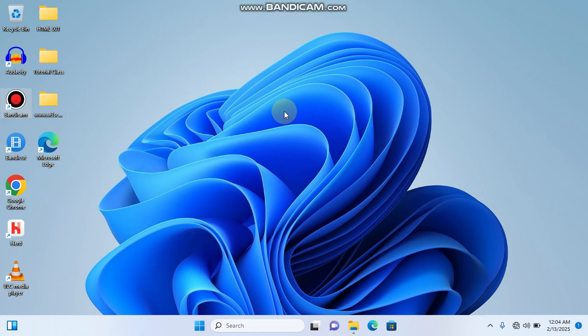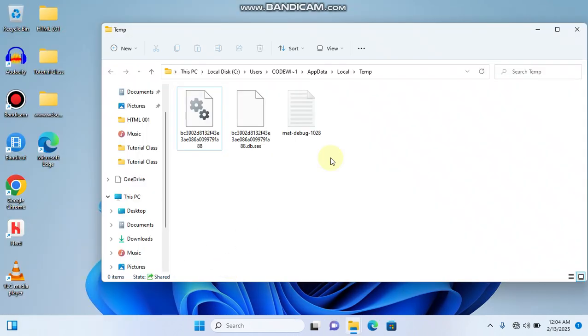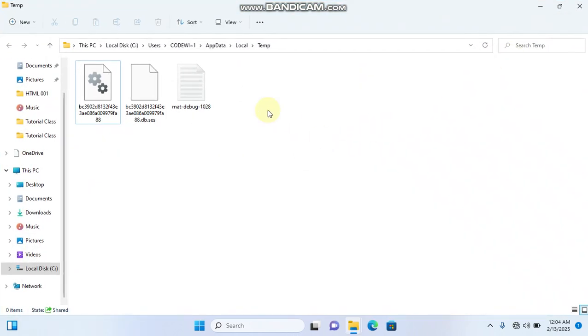Alright, the first step today, we will hold on to the Windows key and press R. Windows R. Good. In the Run box, we type percent temp percent. Now if we okay this, if you do this on your computer the right way, trust me, you will find whole lots of files here. For me, I'm only getting 3